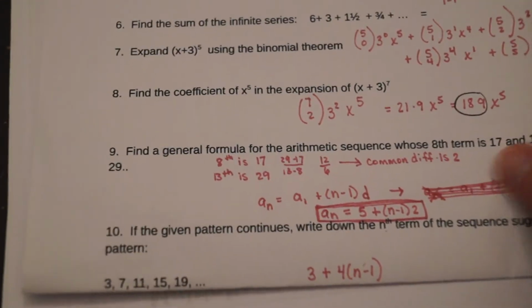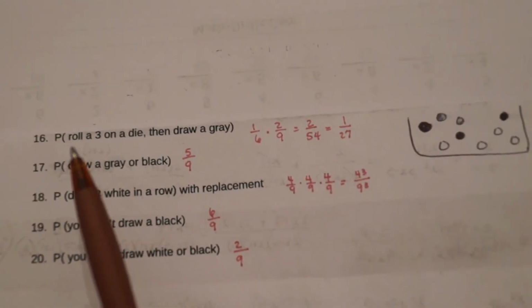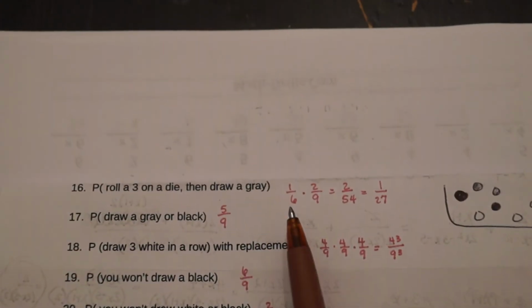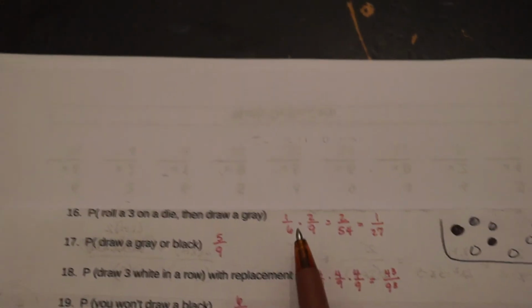Last page, I didn't put a picture on there for some reason, so I added one just for purposes of going over this. So the probability of rolling a 3 and then drawing a gray. Well, I put 2 grays, 3 blacks, and 4 whites. So the probability of rolling a 3 is 1 out of 6, because there's 1 3 out of 6 faces,